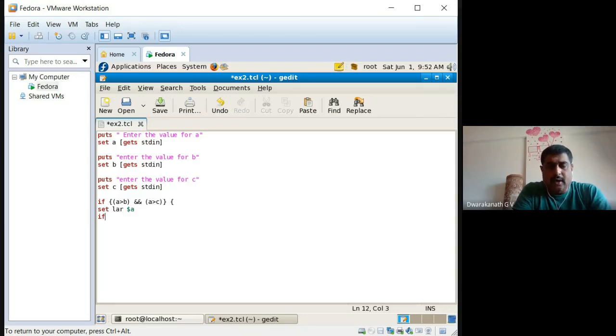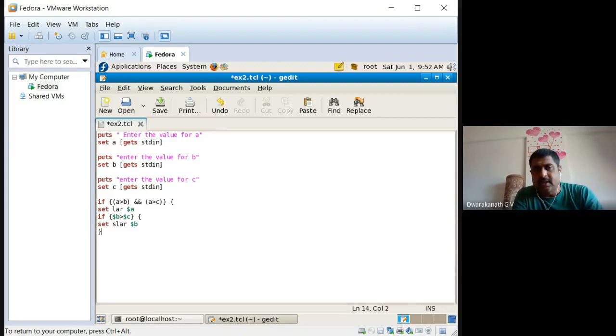So then how are we going to take this? Now if B, sorry, dollar B, there I have not given, sorry, I will change it. If dollar B is greater than dollar C, then the second largest will be, second set SLAR as dollar B, right? Are you seeing this? Now this inner true part I will close, else second largest.